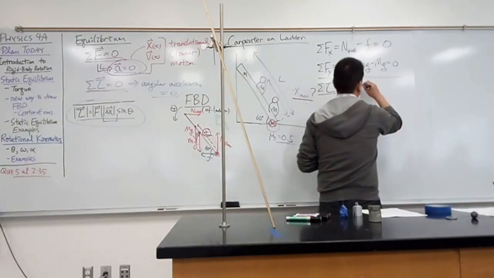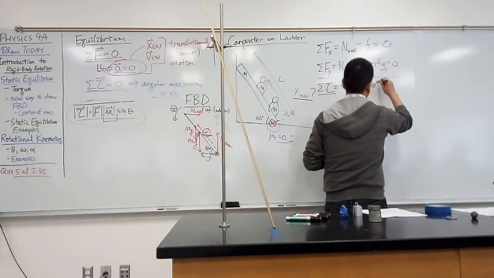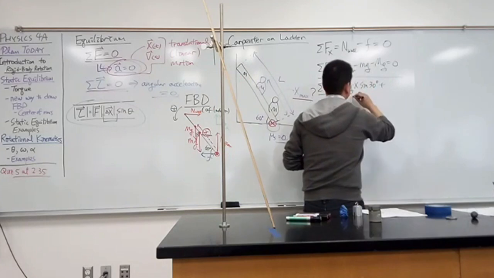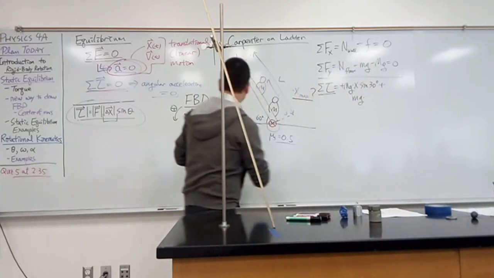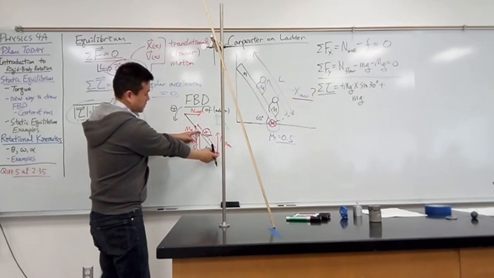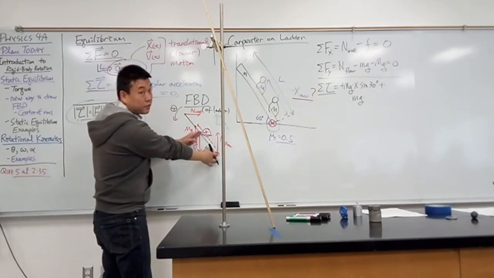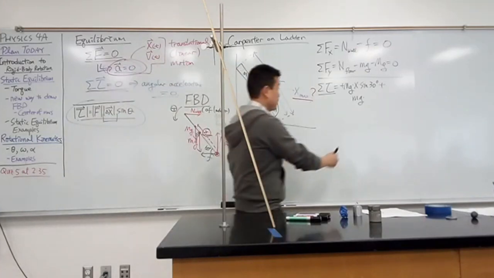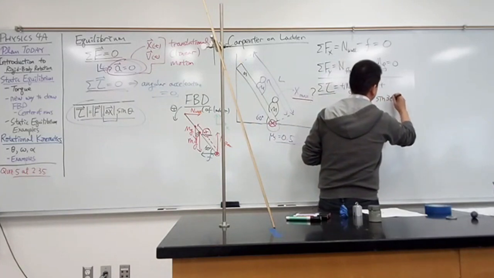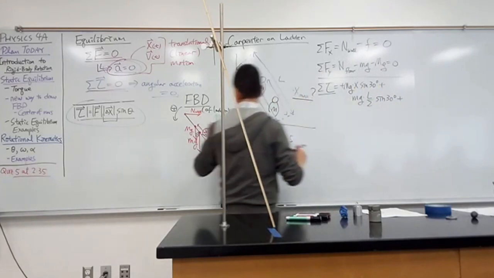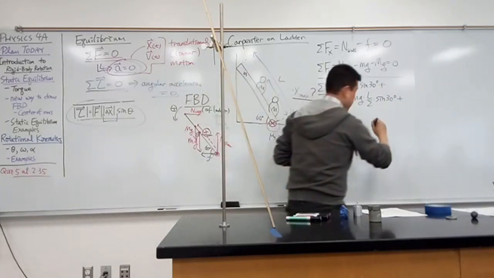So big M g x sine of 30 degrees plus small mg times, here this time it's not x. This distance will be the length divided by 2. Okay? So L over 2 times sine of 30 degrees again, plus the normal force from the wall,